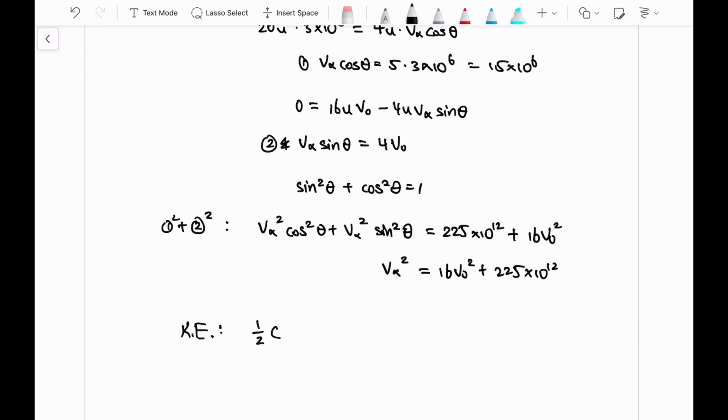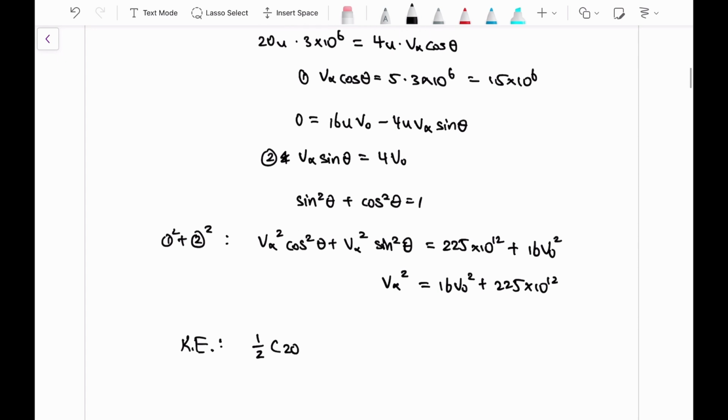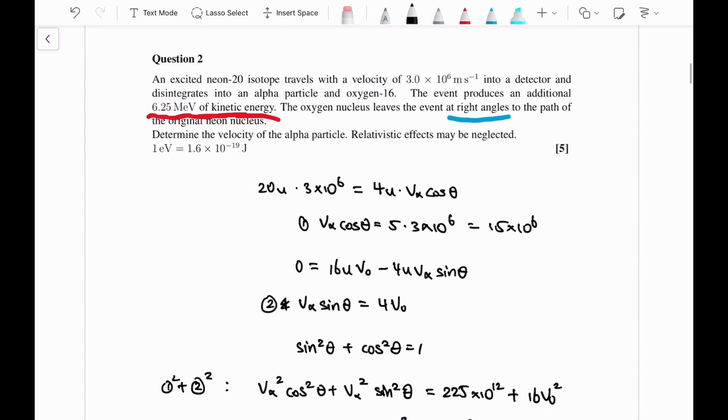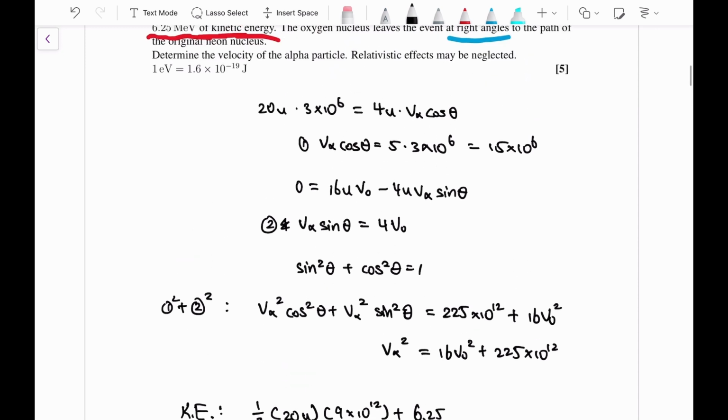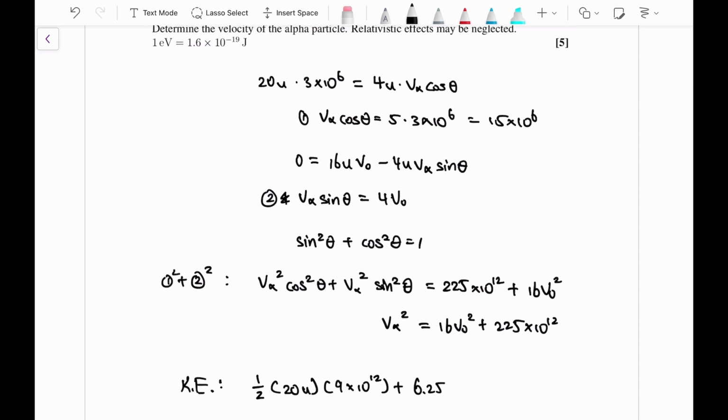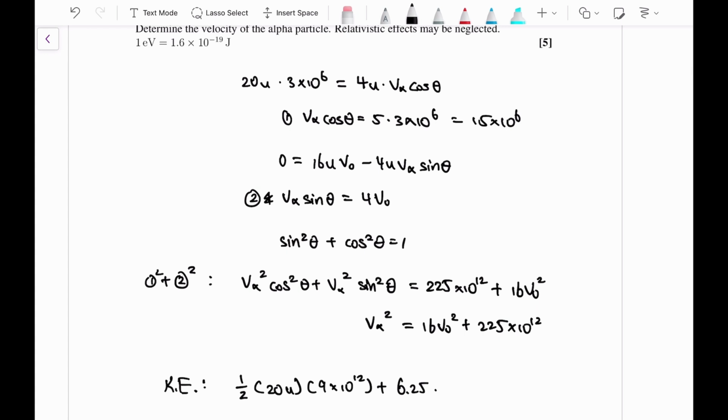A half times the mass of the neon 20 isotope, that will be 20u times its velocity squared, which is 9 times 10 to the power of 12, plus 6.25. However, it's in MeV, so we have to multiply it by 1.6 times 10 to the negative 19 times, because mega, it's 10 to the 6. And then this is equal to